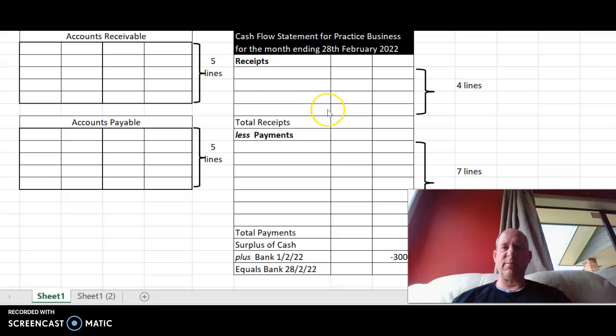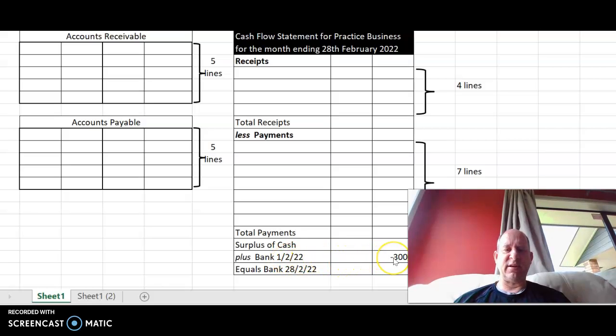The cash flow statement, firstly, the purpose of a cash flow statement shows where our money has gone. So it's a reflective thing. In Level 1 you might have done a cash budget. This one is not forward looking, it's backward looking. So basically we're trying to show what happened to our bank account, this bottom part down here. We've got an opening bank account on the 1st of February of $3,000. We've got to find out what our closing bank account is by looking at the changes in receipts and the